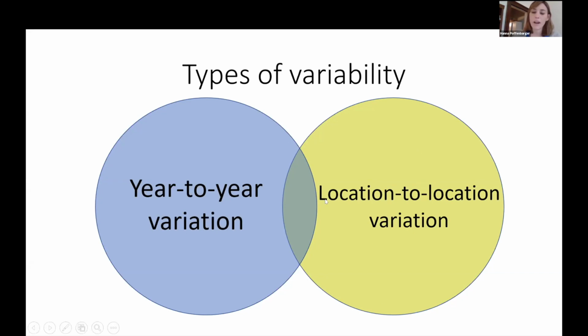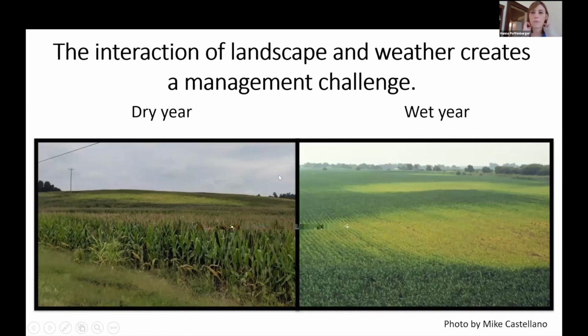And then I've drawn these two circles as overlapping because we often see an interaction. So we see an interaction of landscape position and weather on corn yields. And so, for example, we can see in a dry year stress occurring on the slope, the upland positions where the corn might be more water limited. But then in a wet year, we may see lower yields in depressional areas where the crop is impacted by